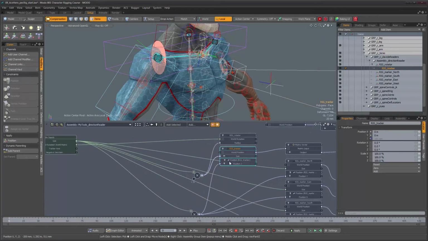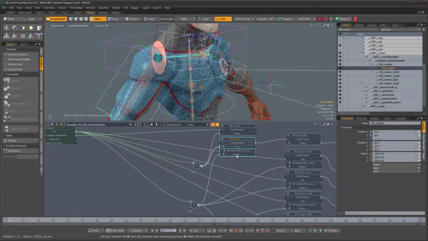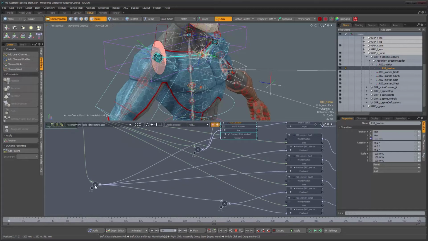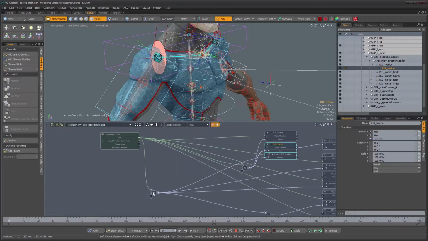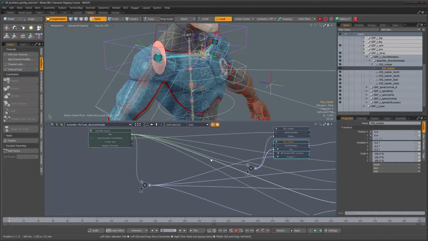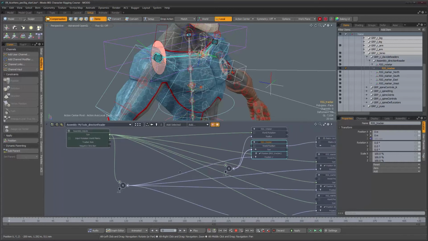So let's find our tracker, and let's see its z position is coming from this node over here. So we're going to use this value, but we're going to use it differently. We're going to use it depending on which axis is selected and if it's set to negative or not. So let's do that. Let's start by creating a little structure that will tell the system, the assembly in this case, what to do depending on the axis